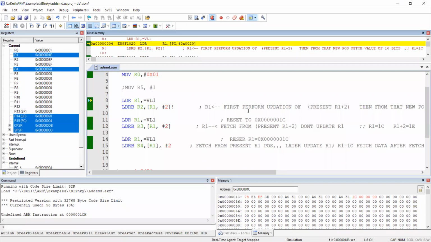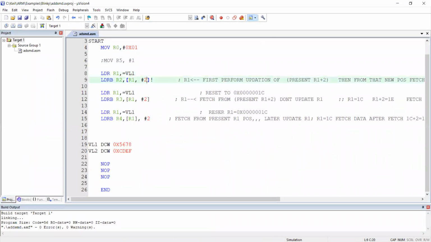Now the question is, in this complete program, I have used this as a constant. Now I will replace this with the register. Before that, I am going to use something called R5. Here, instead of giving the value directly, I am going to give it through one more register.